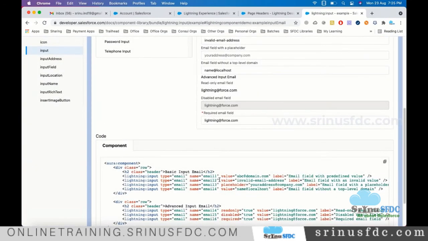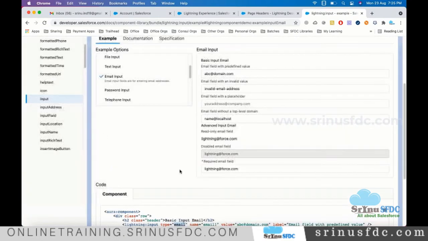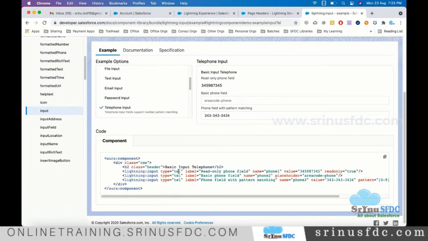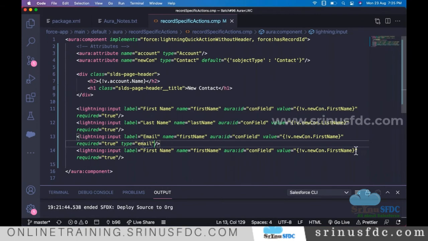If it is email, you see type email, and if it is phone, see tel, so that it will format the number we enter. I always recommend keeping those things. So this is a label email, and whatever we enter should be stored into email.